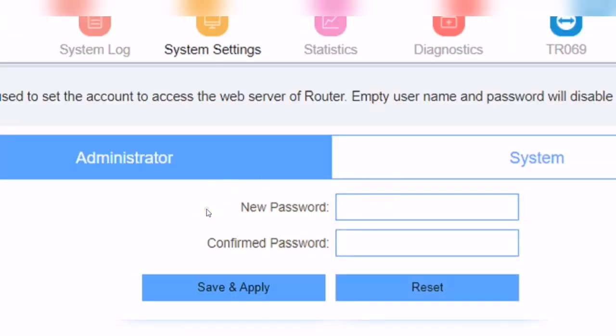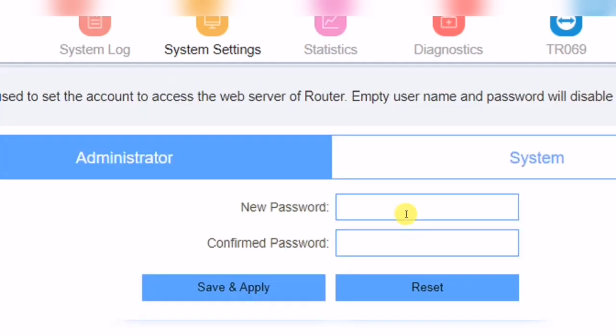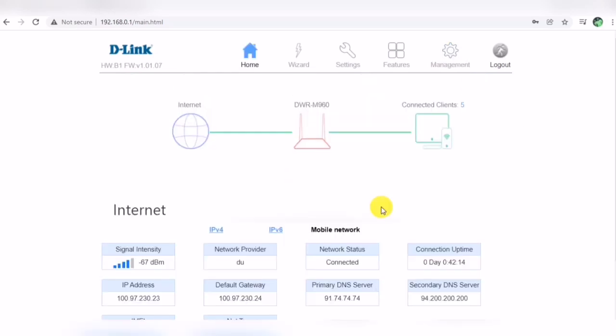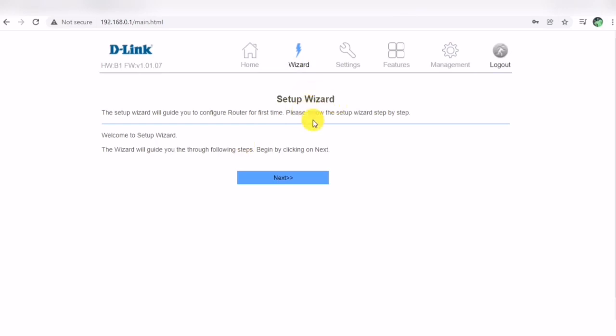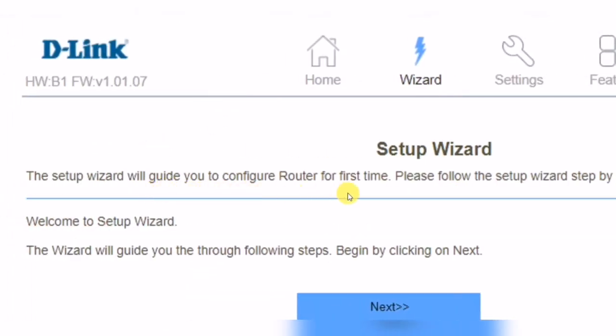And there is the admin password. You can go and change it in the settings, or you can change everything. Before that, you can check each and every menu available. That is what I am showing here in the settings. I did not change anything under the user credentials in management. What you need to do is go to the wizard, the setup wizard.